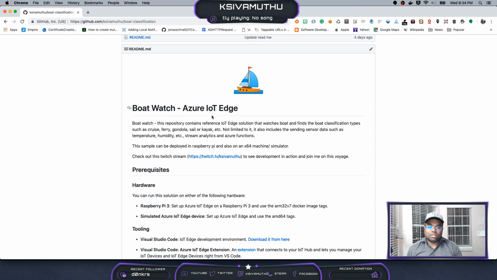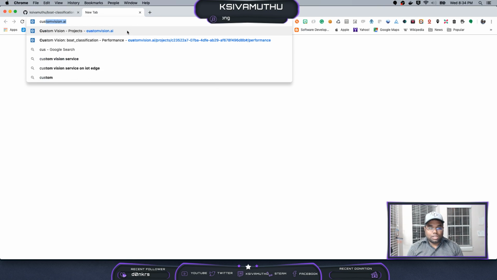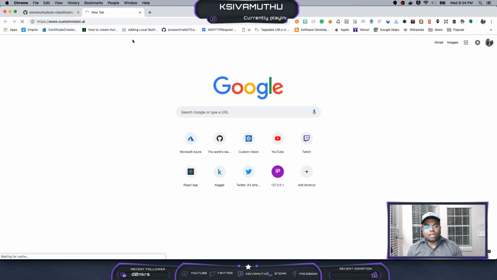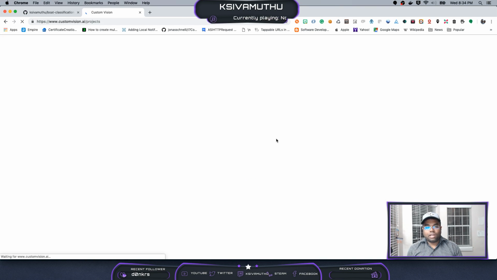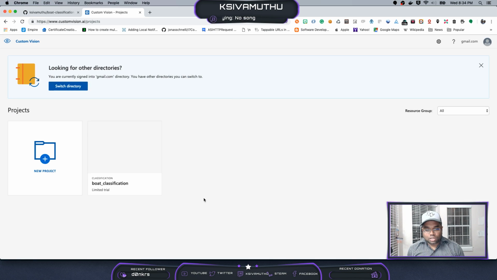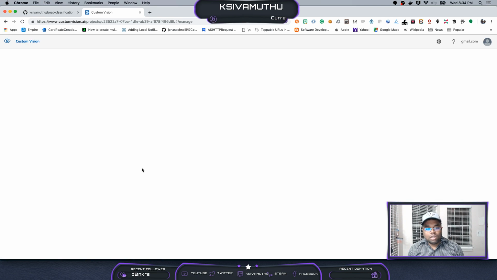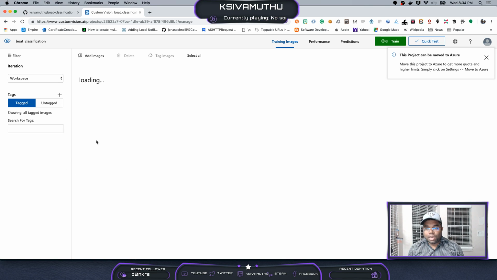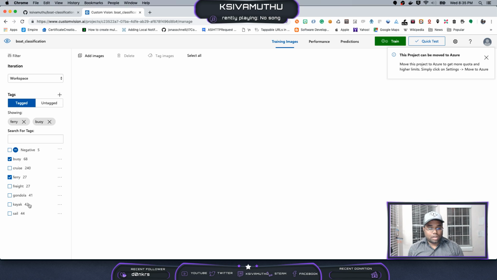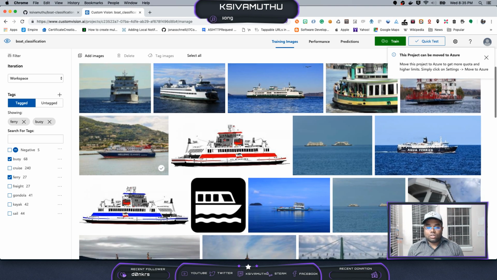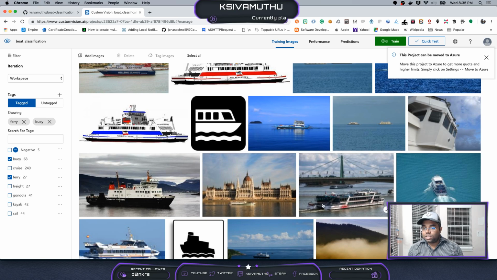So I'm trying to do this. For that, I already built this custom vision model, Custom Vision AI. I already got data from Kaggle about the different boat types. So I went to Custom Vision and I have this project called boat classification. I uploaded all the images from the data sets and tagged them into the different boat types. For example, ferry, cruise, kayak, sail, gondola, freight. I uploaded all the different boat type images, and I trained that,